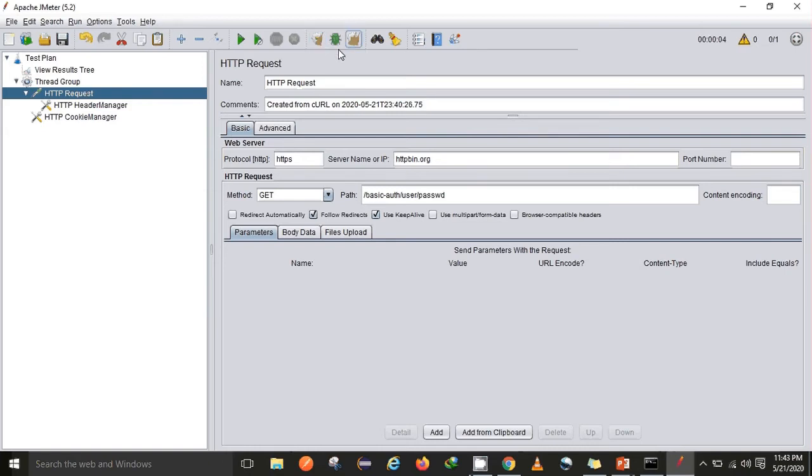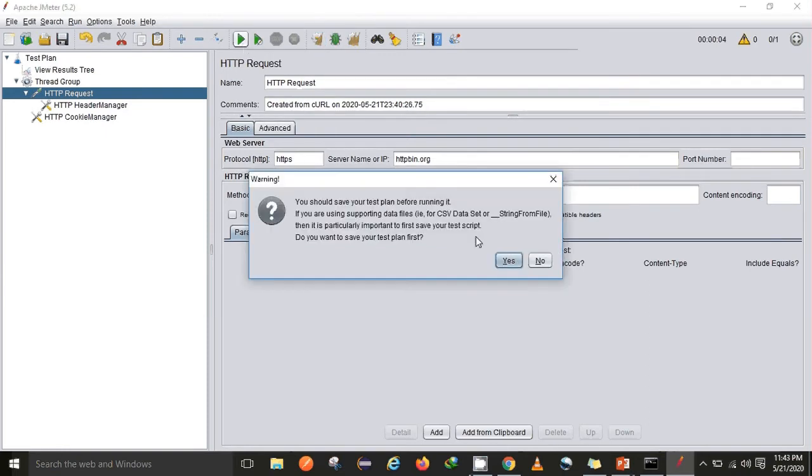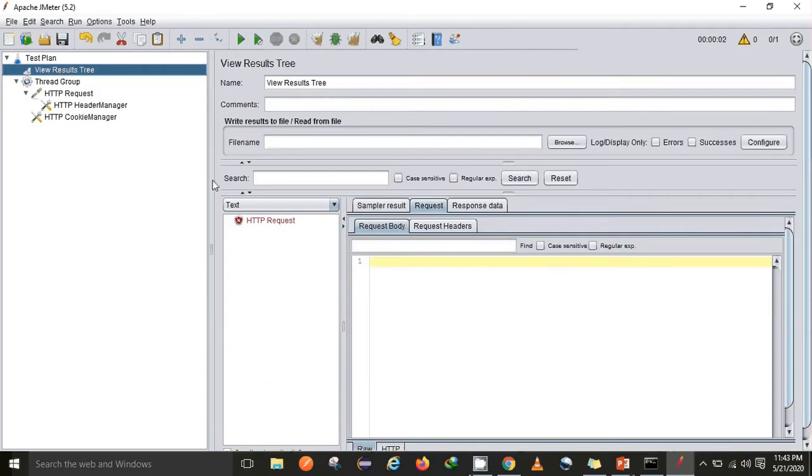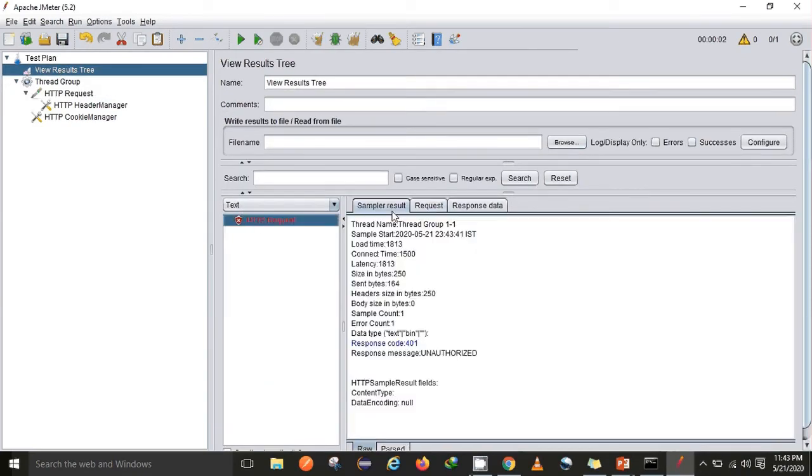Now let me execute this test and see what results we get. Once I execute the test, it asks me to save. I don't want to save it for now. Okay, go ahead, go to results. Now you can see I got an error. What is the error? The error says response code 401 unauthorized.